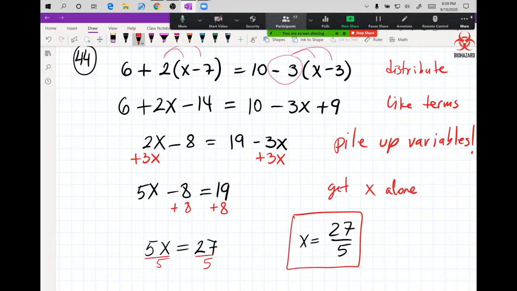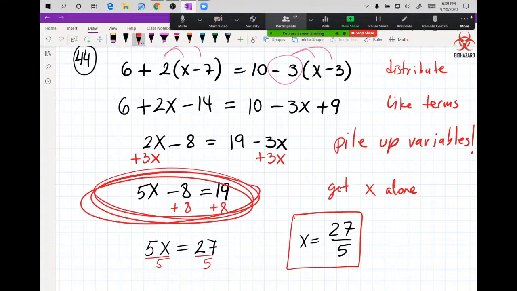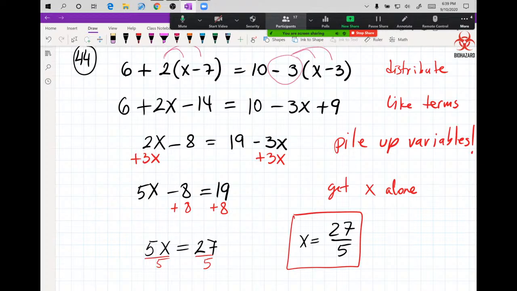You cannot get x alone if you have multiple x's, so you have to pile up all of the variables on one pile, and once you have one variable only in a problem, and this step here has only one x, then you can go on and dig to get the x alone to get the solution. Now I still want to check this because I'm awesome,